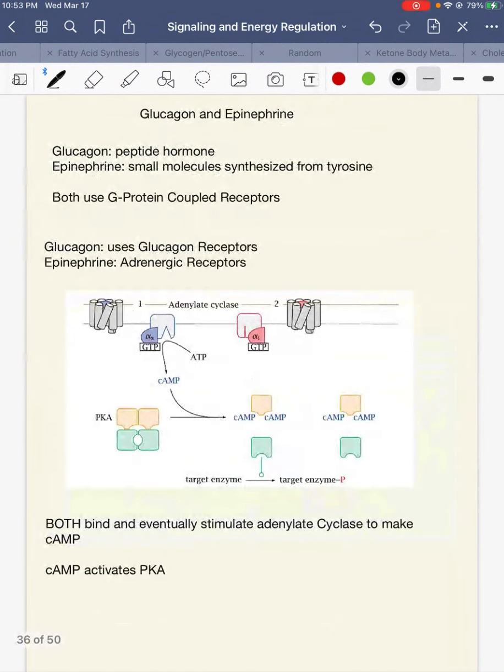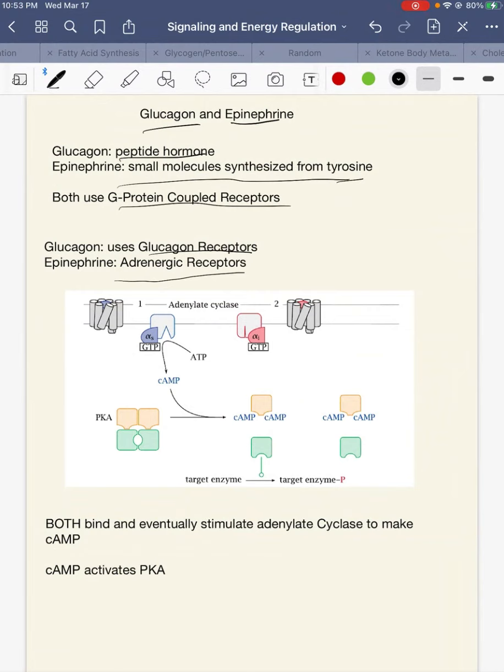Okay, so glucagon and epinephrine. Epinephrine and norepinephrine are very similar. Both are released by the adrenal medulla. We don't have to know much about epinephrine. Released by the adrenal medulla, stimulated by the sympathetic nervous system, it helps with fight or flight. Glucagon is a peptide hormone. Epinephrine is a small molecule synthesized from tyrosine. They both use G protein coupled receptors. Glucagon uses glucagon receptors, and epinephrine uses, I could never pronounce this word,